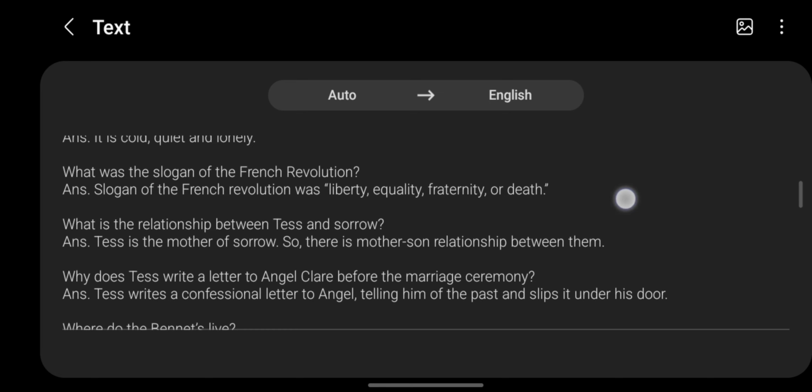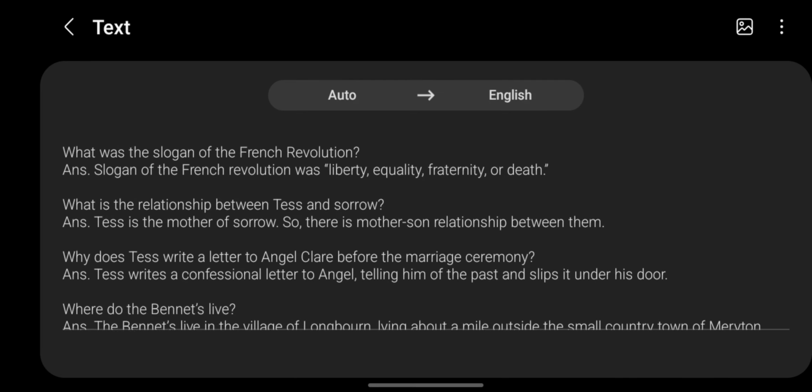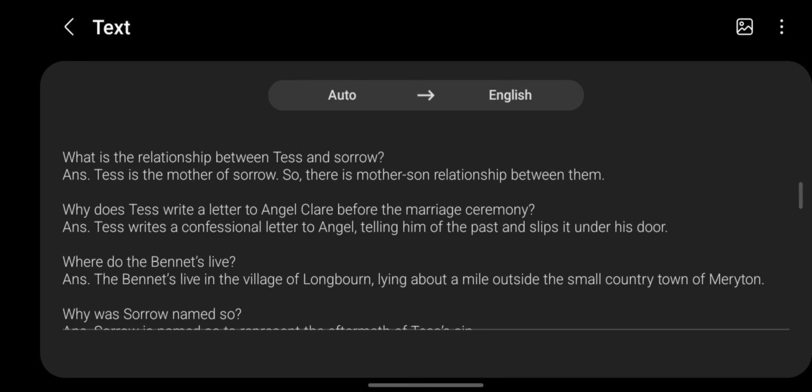What was the slogan of the French Revolution? ANS, the slogan of the French Revolution was liberty, equality, fraternity, or death. What is the relationship between Tess and Sorrow? ANS, Tess,